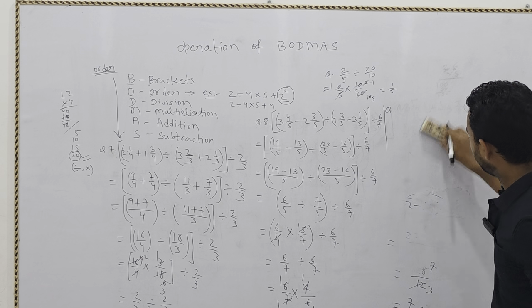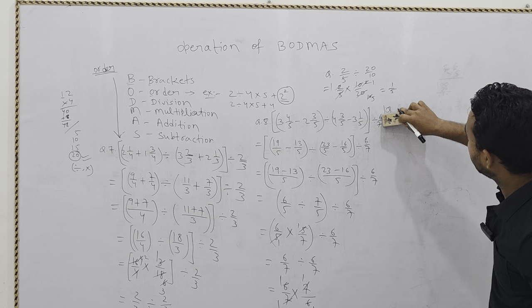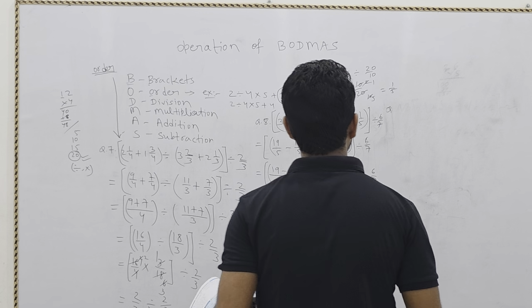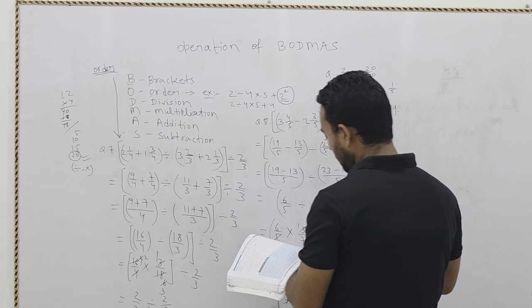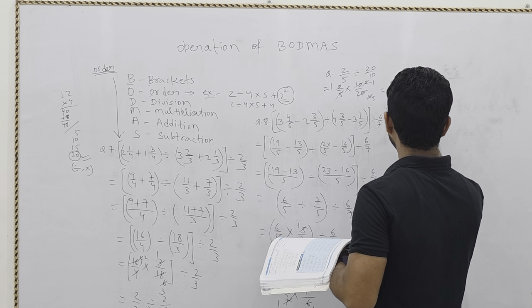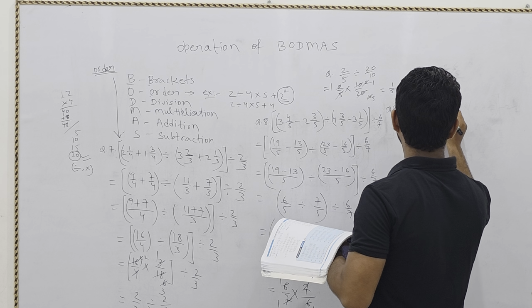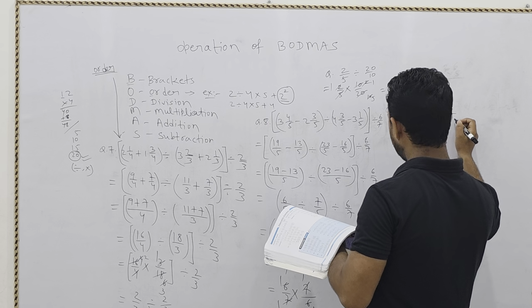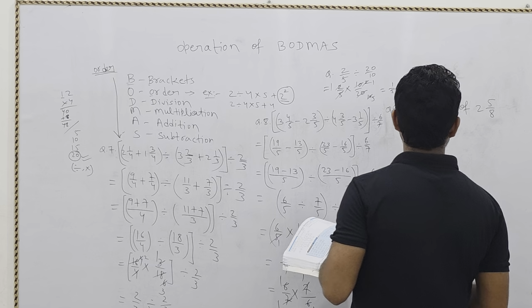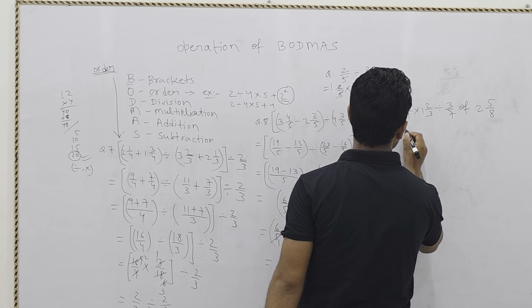Only 16 questions we will solve in this video, so stay with me so that you are able to understand this type of question. Now question number 9. Now you can see question number 9, it is a different type of question. 1 by 4 multiply 1 2 by 3 divided by 3 by 7 of 2 5 by 8. Now I have written the question on the blackboard. Now you see how to solve this type of question.